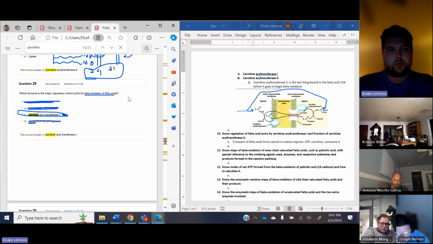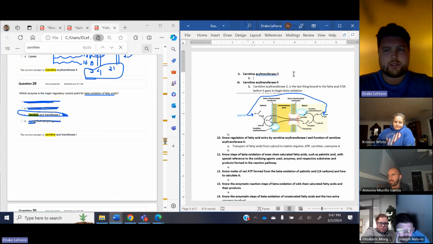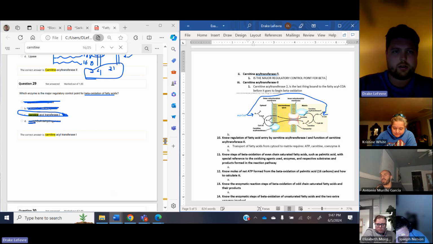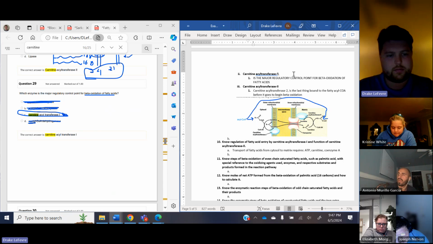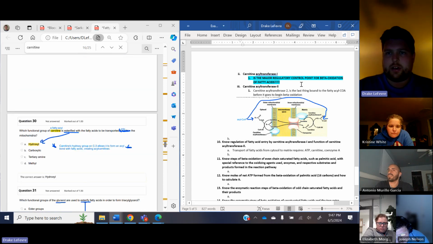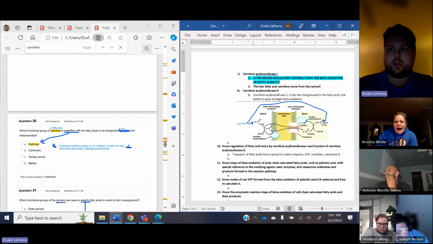Which enzyme is the major regulatory control point? This is going to be, I promise you, this one specific question right here, he's going to put on the test. So carnitine acyltransferase 1 is the major regulatory control point for beta oxidation of fatty acids. I'll highlight that because that's going to be a big test question. And specifically, we also want to mark this lets fatty acyl carnitine move from the cytosol to the